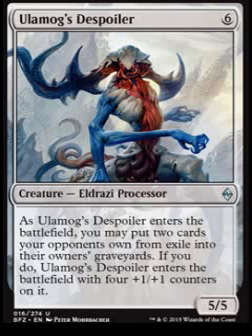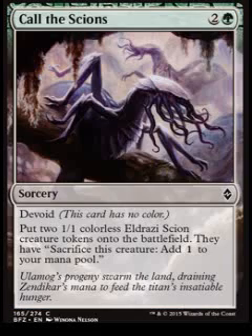So if we have Call the Scions... Wait a second, Oisin, I thought Eldrazi spawn were 0/1s. What's going on? They've grown up, Dennis. Eldrazi Scions are made by a lot of cards in the set. They're 1/1s, and they have...